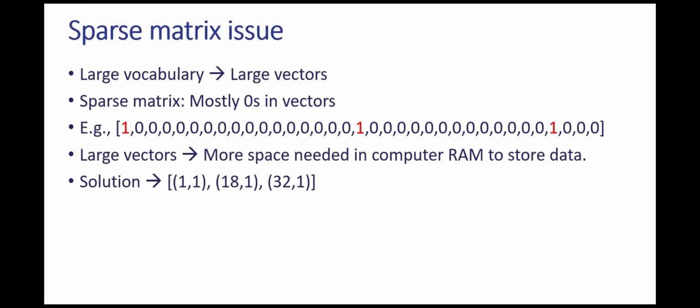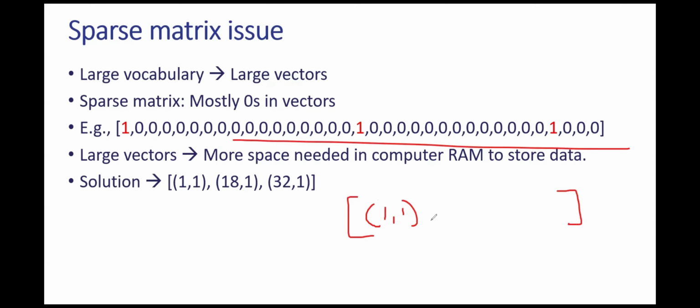And this increases the amount of space that's needed to store the data in memory. Now, since most of the elements in the vector are zero, we end up with a lot of wasted space, which is quite inefficient, especially for large data sets. Now, there are different ways in which we can solve this. So for example, instead of storing all the zeros, we only store the positions of the ones and the corresponding values. So for example, this sort of sparse matrix might also be represented as something like this, where we have